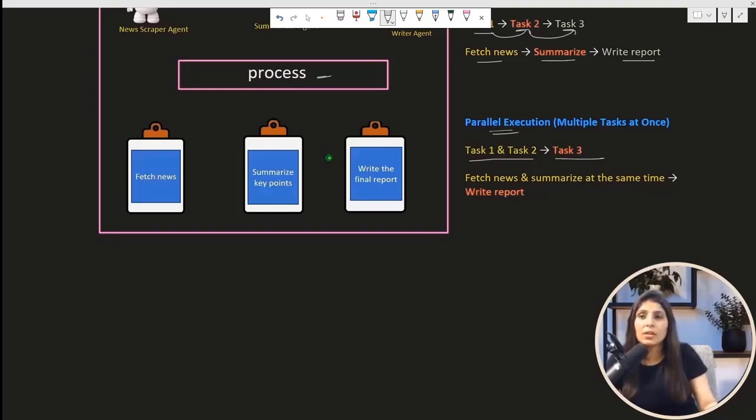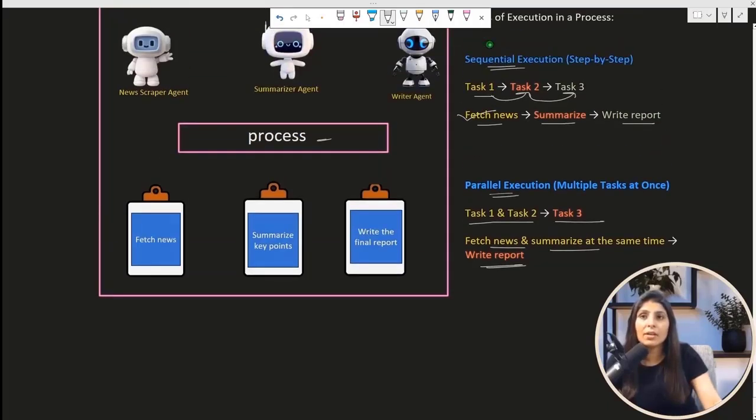So in our news summarization app, suppose we are fetching news and summarizing it at the same time, and then it is going to the next step, which is writing a report. So over here we are doing parallel execution. This fetching news and summarization we are performing parallelly. So we can either use the sequential manner, or we can execute parallel execution. So this is what process is.